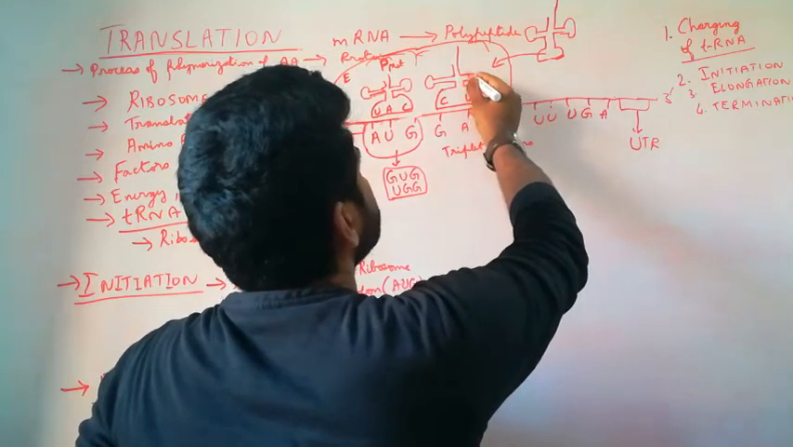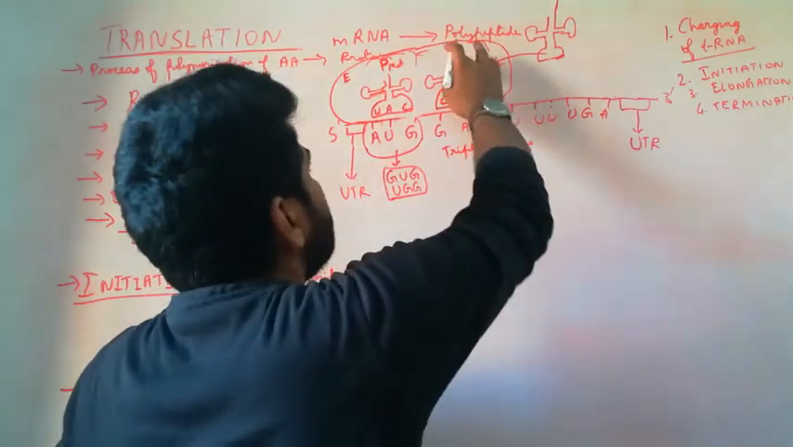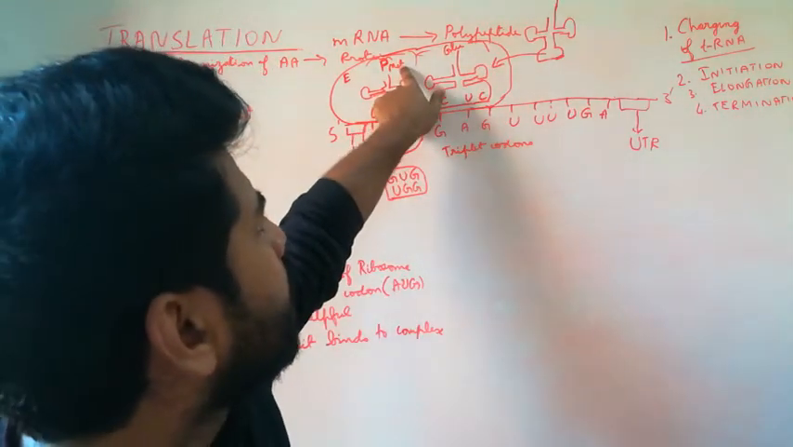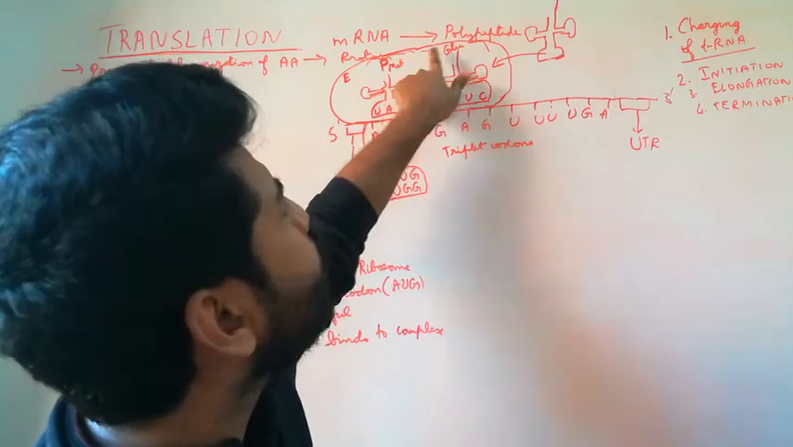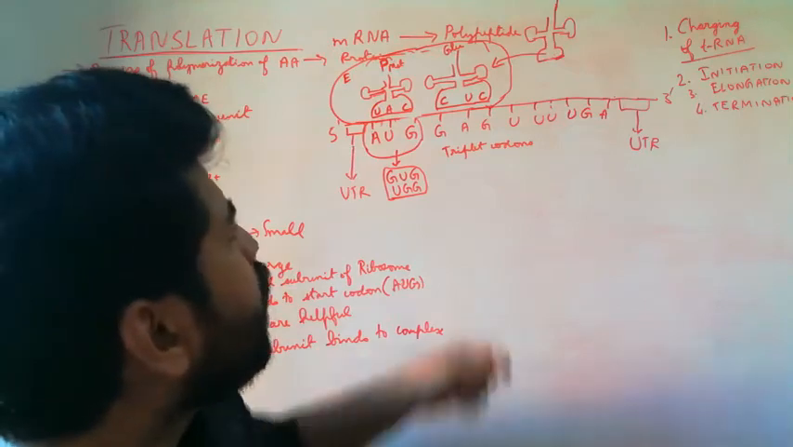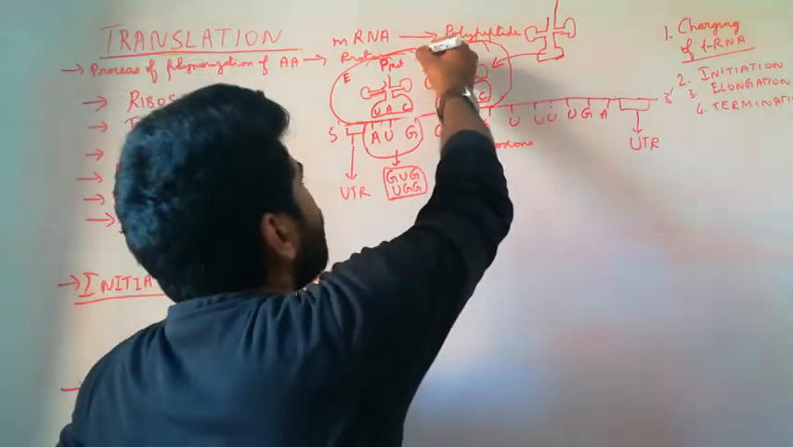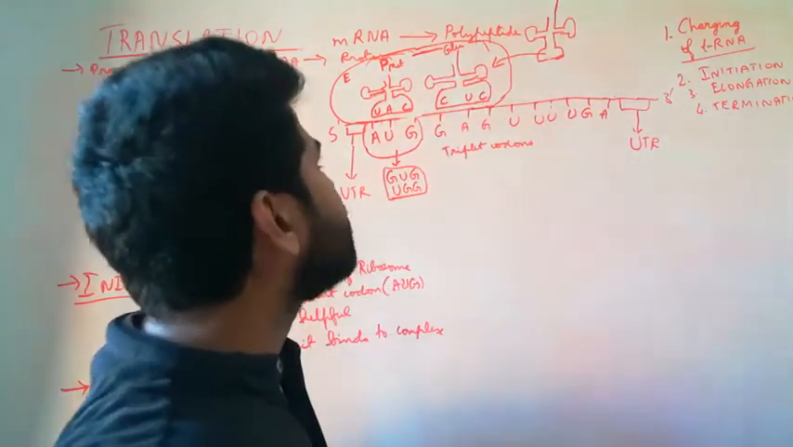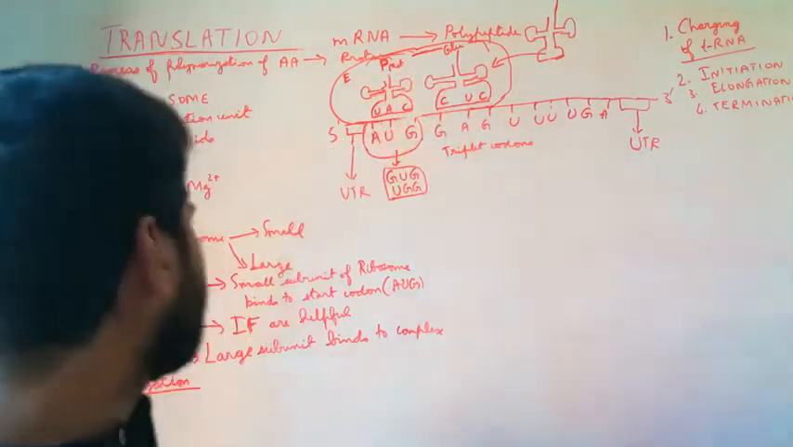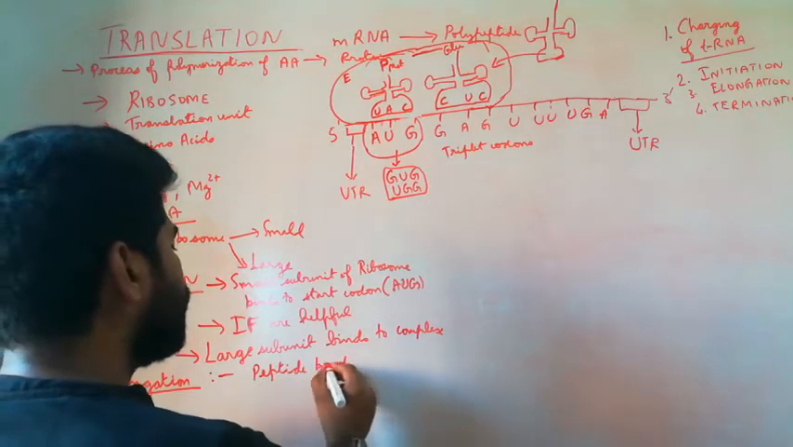And now because of this, what happens is the two amino acids are present very close to each other, so there is an attraction between them. So because of the ATP molecule that they carry, a bond forms between these two. So this bond is what is called a peptide bond. So in the elongation step, peptide bond forms